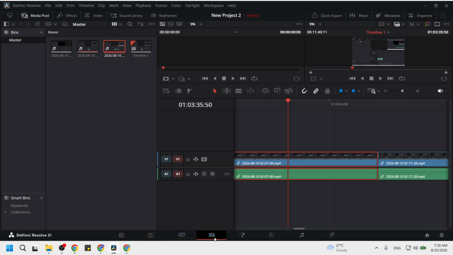When you are on the Edit page, the timeline becomes larger, and you will see more detailed toolbars above it, including buttons for selection, trim, and snapping. The Edit page is where most people add transitions, so if your interface suddenly shows a big timeline and two viewers, you are in the right place.